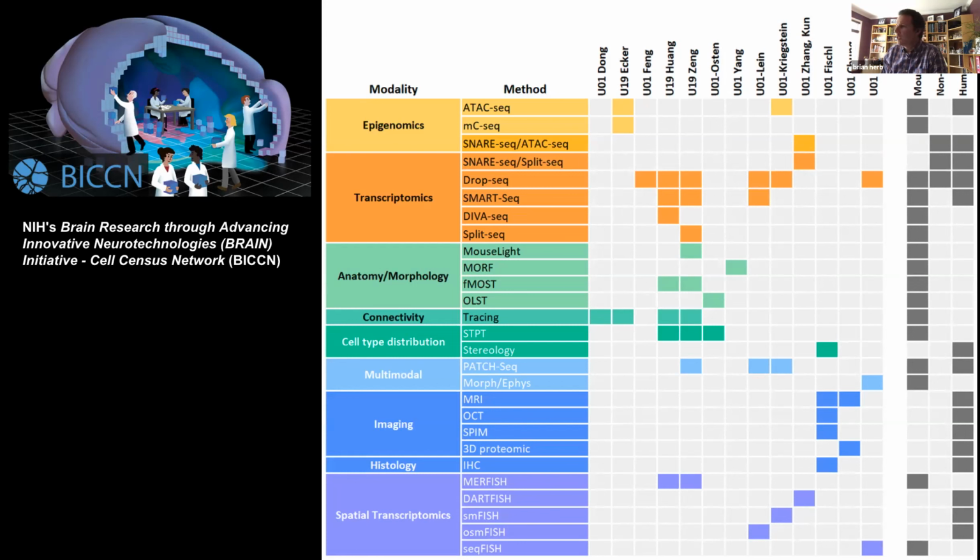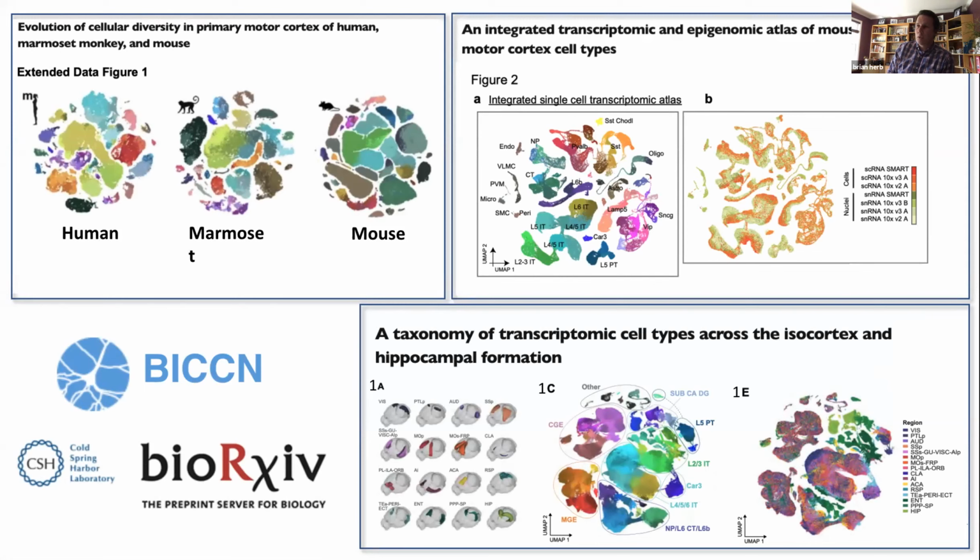And as noted, there's a whole host of papers that are coming out this year. Again, a lot of them focus on the pilot project of looking at the motor cortex. There's a very nice paper on cross-species comparison, and also one simply taking a deep dive into the transcriptomic and epigenetic data within the mouse motor cortex. And there are starting to be a couple of papers on this whole idea of comparison across brain regions.